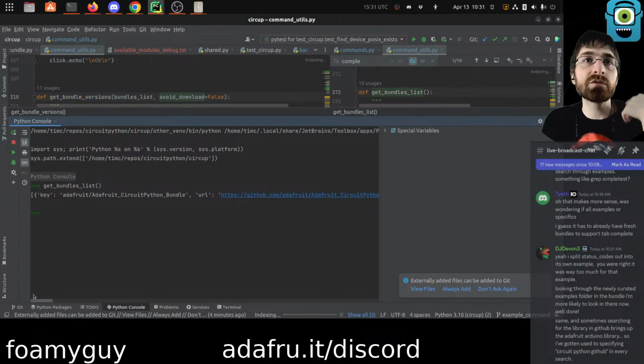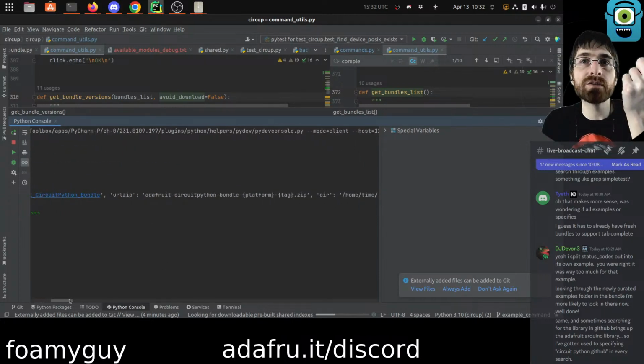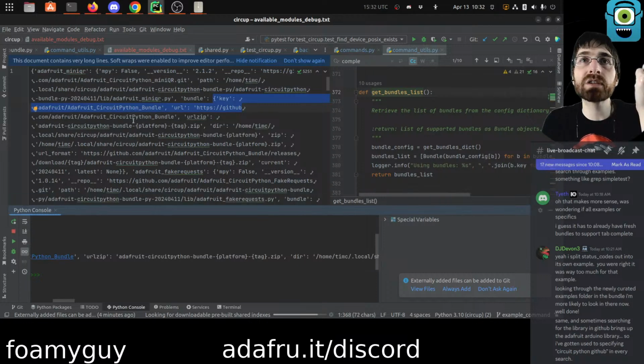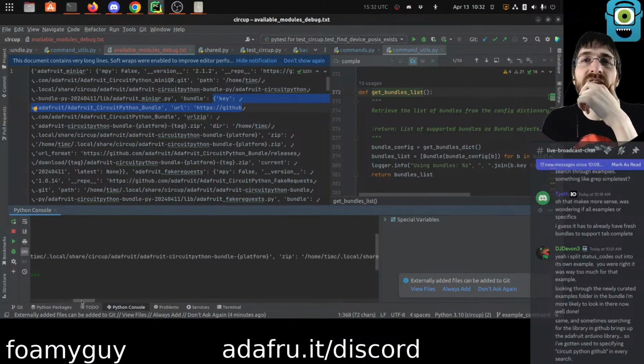So it's a list of dictionaries. Each dictionary has a key called key, a URL, zip. So this got included in the other thing. This got included right here. This is this object. So bundle just got tacked on as bundle, which is fine. We could do that again. We can just keep that. I don't know if we really need all of that information passing through, but